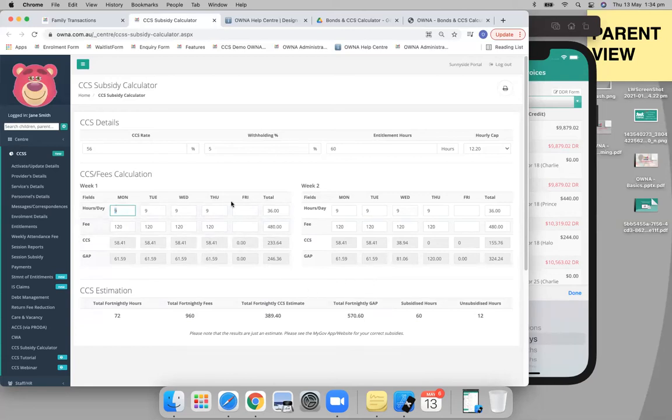So you can print out the 12-hour sessions per day quote compared to the 10-hour sessions per day quote, and see what the difference in the gap is, or the CCS and whatnot. So it's really interactive. Okay, so you basically fill out all that information and you'll see a lot of different things. You'll see the fees for that week and then the other week as well, calculated together. It's automatically calculating the CCS and the gap for you, so you don't have to do that, but you can